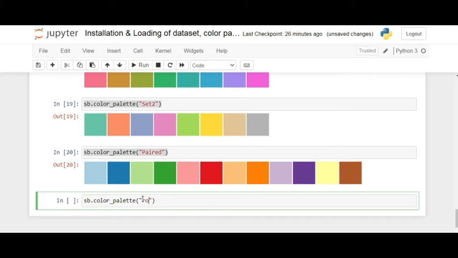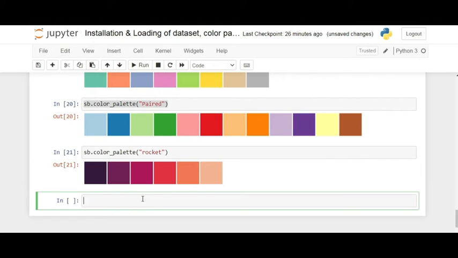Rocket. So these are the shades of a particular color, or we can say not completely distinct, but a sequential change in the colors. So there are different perceptions with color maps. This was the first one.